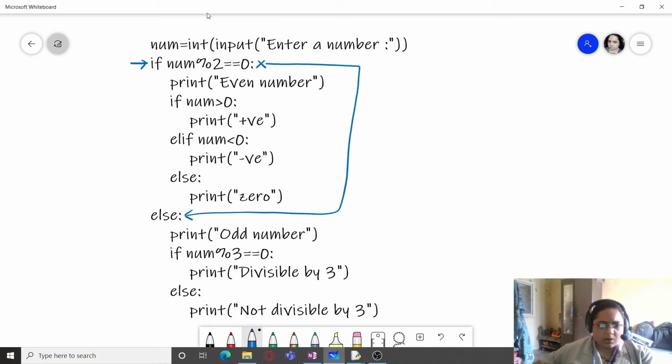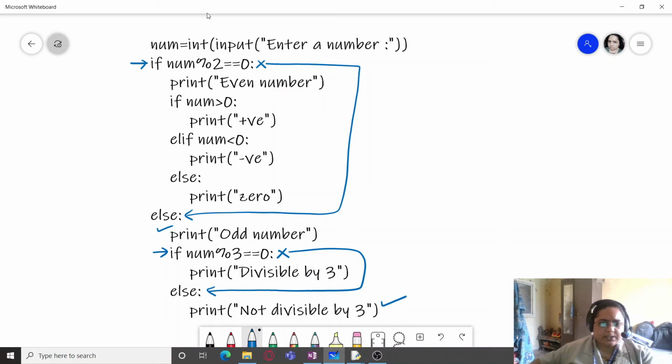It will print odd number, and it will first check whether it's divisible by 3. If it is false, again program control flow would come to this else part and this statement will be executed.